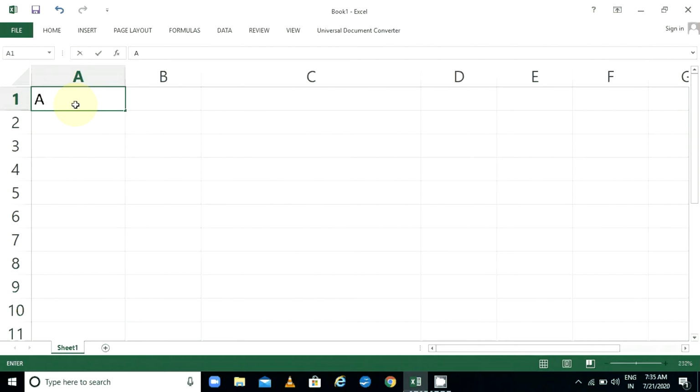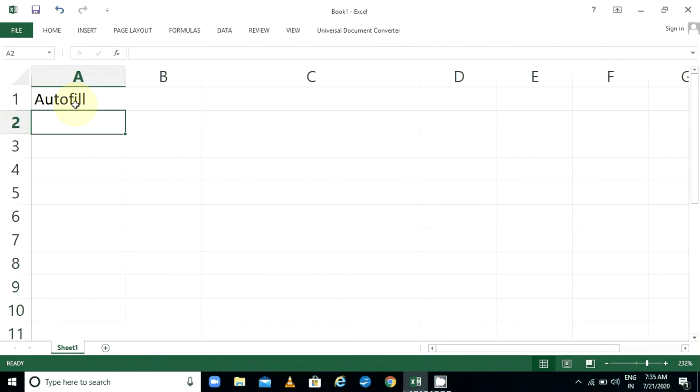The first fill is called autofill. Autofill means it will fill the series automatically. If you type a few numbers like 1 or 2, it will fill the series with whatever numbers you want. Days of the week: if you want to fill the entire weekdays like Sunday, Monday, you can fill them by using autofill. Then names of months: you can also generate the list of month names using autofill.